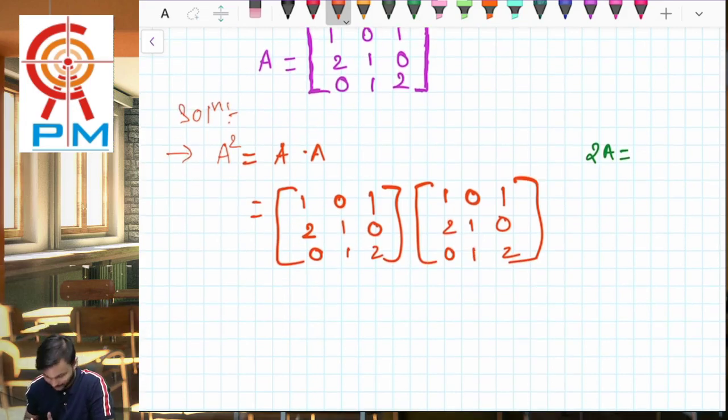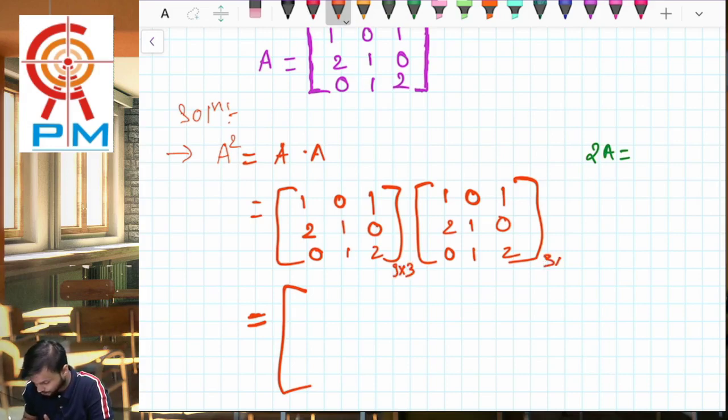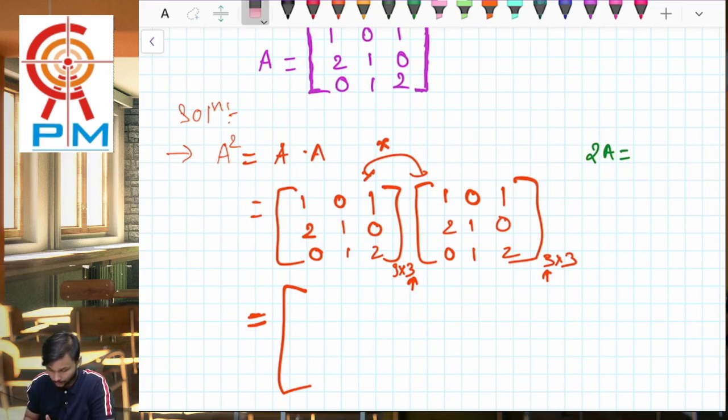Okay, so anyways, I hope you all have done that and you are just checking your answer. So what will it be? First we have to check whether the multiplication is possible or not. To check that, we have to write the order, 3 by 3 and 3 by 3. Now I have to check the column and the row. If they are the same, then and only then the product is possible. Over here we can see that the column and row are the same, and hence I can say that yes, I can multiply these two matrices, and the multiplication will take this form: this entire row will be multiplied by 3 entire columns, so that we will get 3 entire numbers.